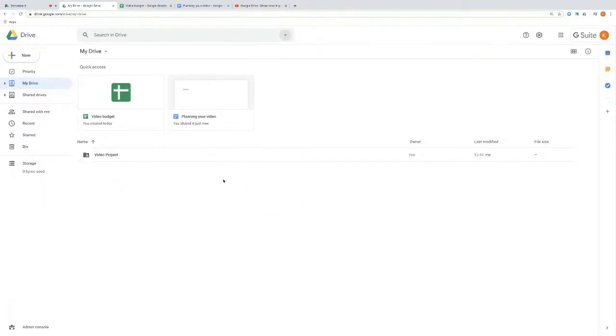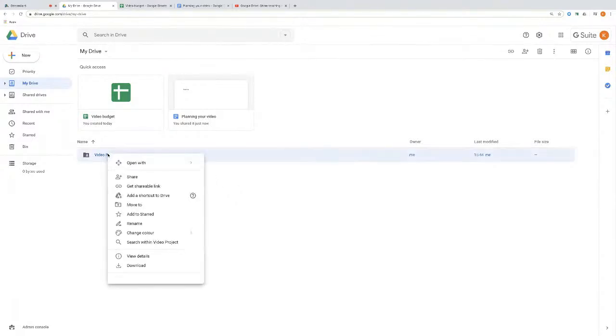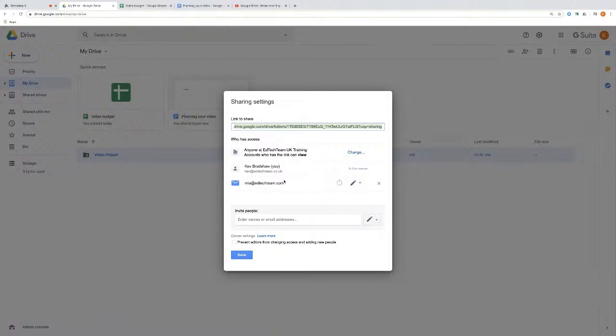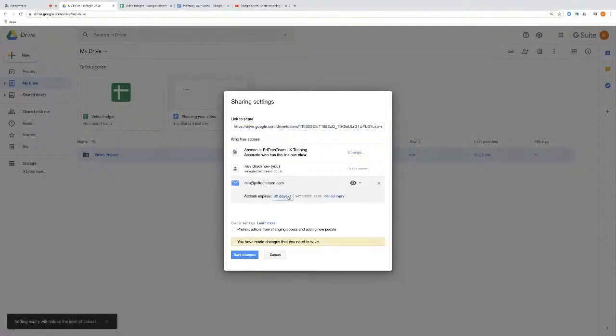Also, what we can do is we can set an expiry date for when we're sharing these folders. If I right click on this folder here and press share, I can go to my advanced button at the bottom here, and where I shared it with Mia, there's a little button here which looks like a clock. If I select that, I can provide Mia with a certain amount of days access.